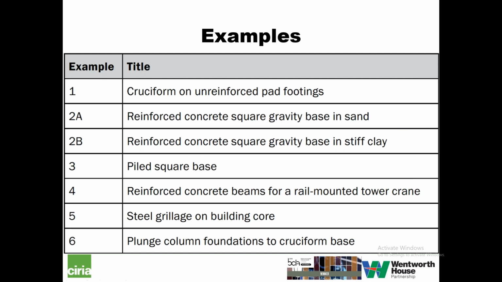So we've gone extensively into the examples. I would say it occupies about 50% of the guide. There's something like 100 pages of them. I'm hoping we've looked at all the different types, certainly all the common types. So we've looked at a typical cruciform on unreinforced pad footings,